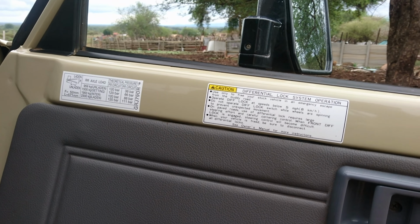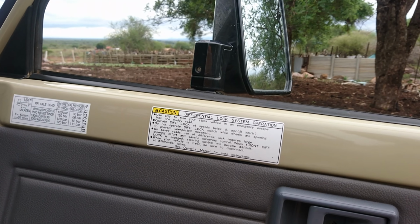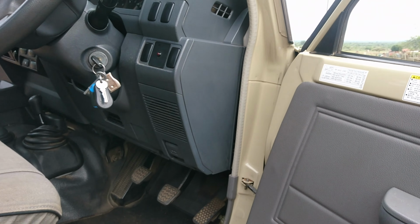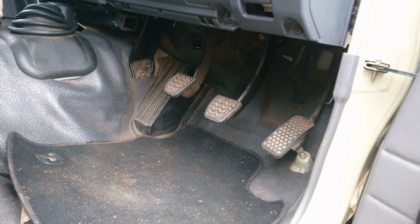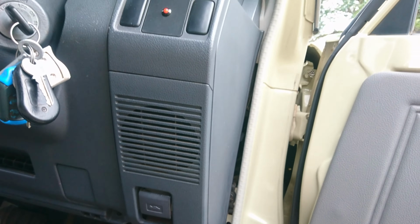And we have our warning stickers just in plain sight. This is a very functional car. Like, they're not trying to hide anything. Anything that they're trying to caution you against is right there, just pasted on the door, because I don't know, it's convenient. Excuse me for the mess, guys. I get these cars and I get the opportunity to film them, and I quickly film them. So yeah,